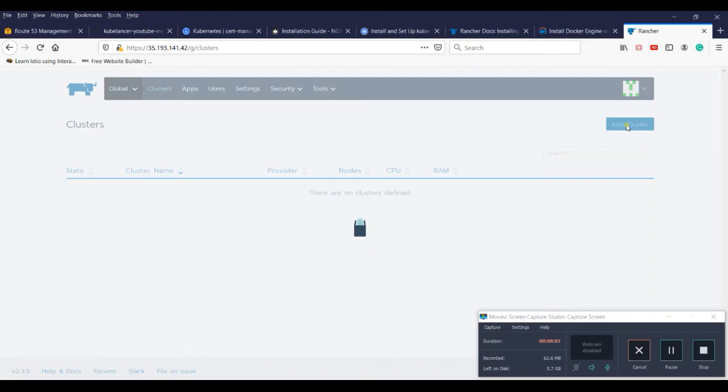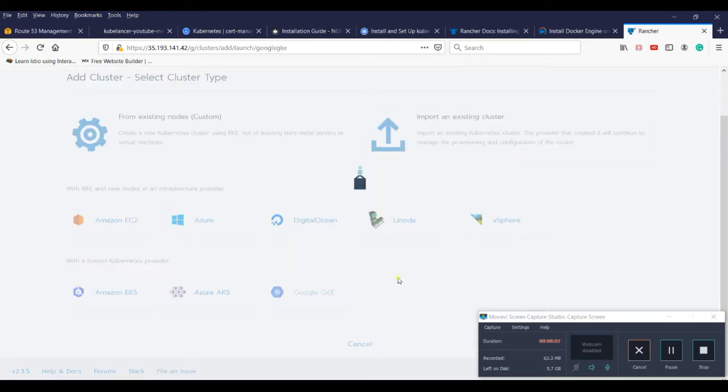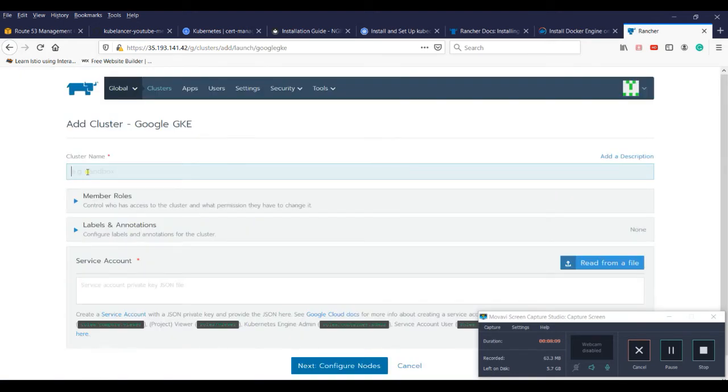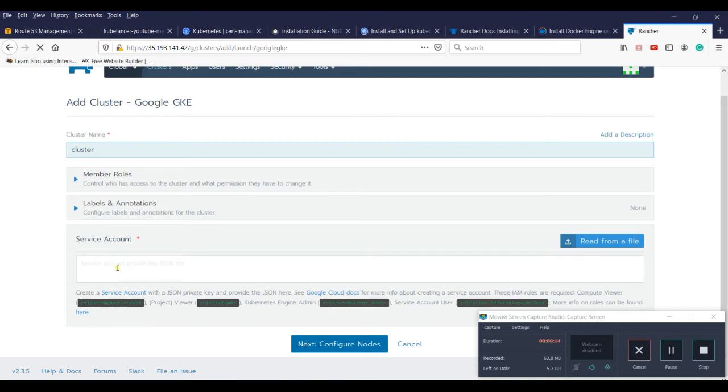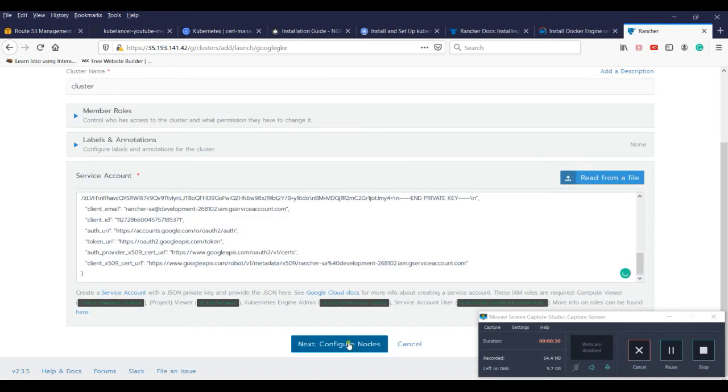Click add cluster. Select Google GKE and provide the cluster name, and copy and paste the service account key file which we downloaded. Click configure nodes.